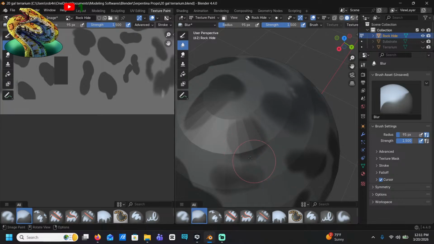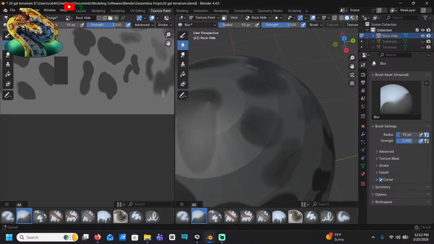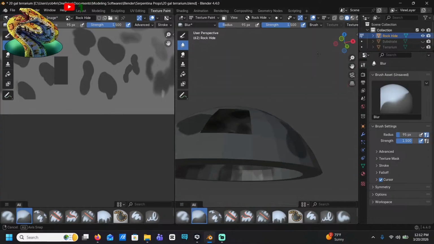I would like it to blend more than it currently is, to be honest. Okay, we're gonna add more color into this eventually, so it'll be fine. Do you like my rock hide, even though it's not blended all the way yet? Do you like it? Isn't it nice?